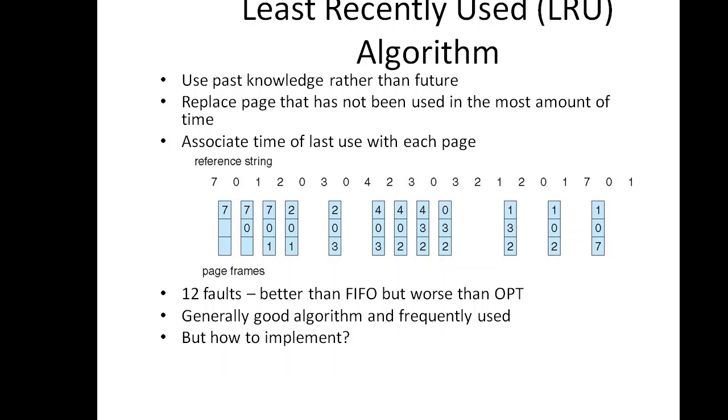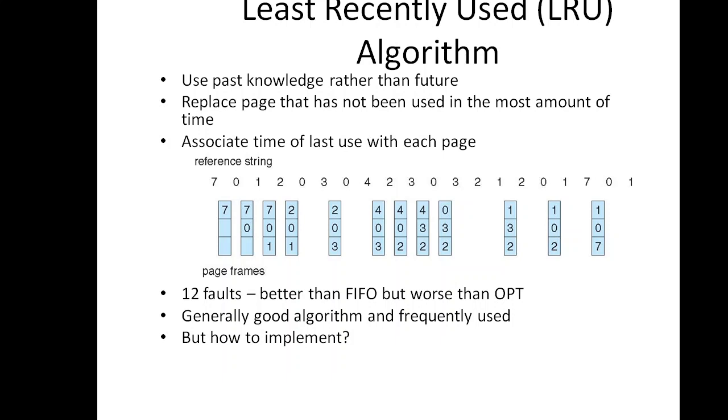Next value is 0. 0 is already there in the frame. Next value is 4. In order to insert 4, I have to replace one among these three. So I will check for 2. 2 was previously used at the third position. Next is 0. 0 is just previous to 4, so I cannot replace that. Next is 3. 3 is also more recently used compared to 2. So 2 is the least recently used, so replace 2 with 4.